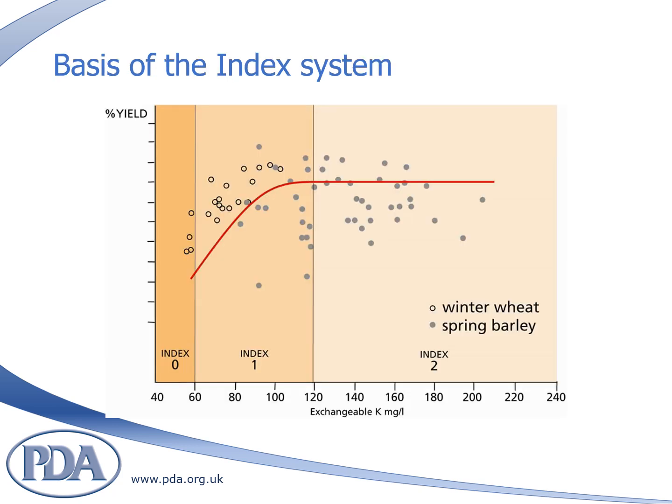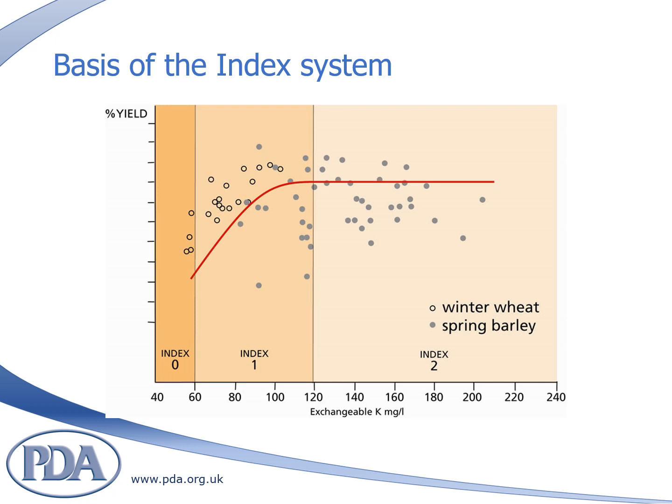The basis of the index system and target soil levels. Trial work conducted at Rothamsted Research through the 1960s and 70s helped to identify the target levels at which to maintain soil K. They showed that on many soils, potash reserves which accumulated from applications of fertilizers and organic manures increased crop yields compared to those obtained on similar soils, but without such reserves. Also, applying fresh potassium fertilizer to the K-deficient soil did not increase crop yields to equal those obtained on a soil with an adequate amount of available K. They also identified that there was no need to continually build up reserves.